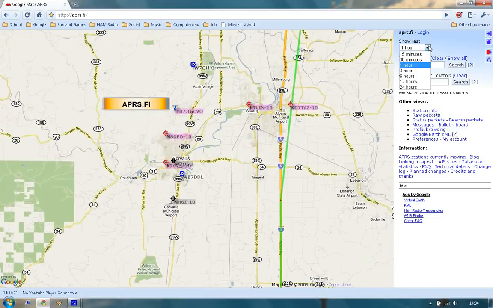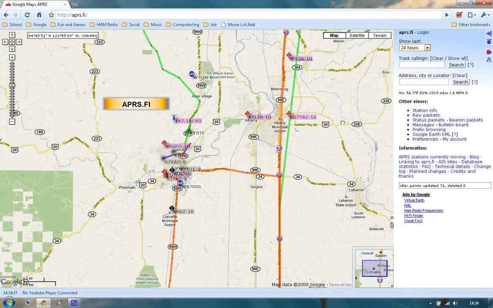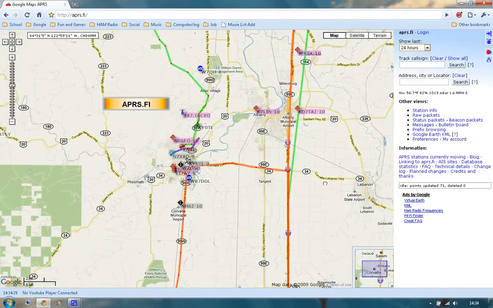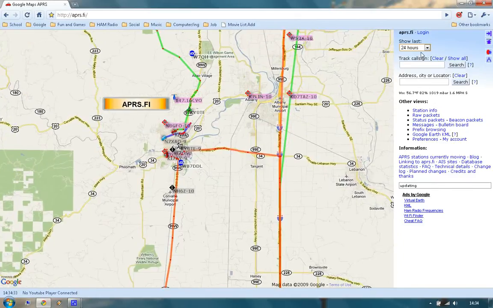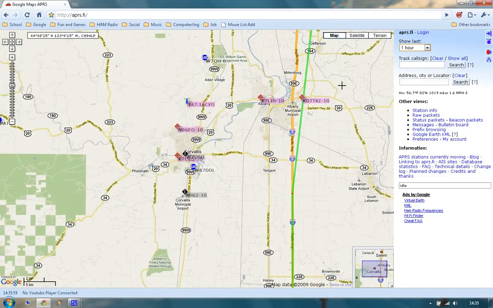You have options to adjust how long to display information from, and that will affect the paths and the points that show up. You can also track call signs and locate an address or a city. Using the track call sign box here, you can pick a call sign that you want to track specifically and center that on the screen, such as